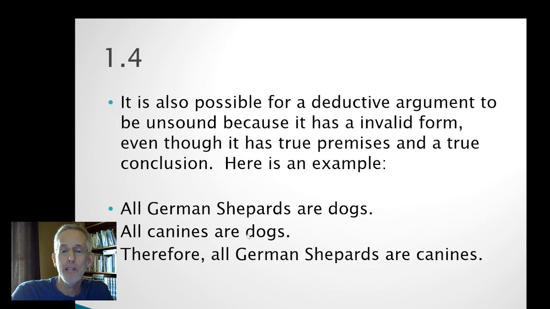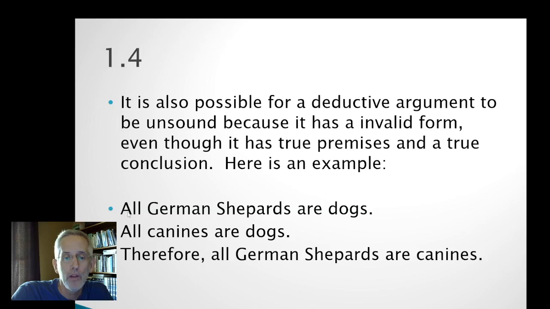So even though all the statements are true, there really isn't enough evidence up here in the premises to allow us to conclude that all German Shepherds are canines. And if you look at it, you can see it pretty easily. Just because German Shepherds belong to the class of things that are dogs, and just because canines belong to the class of things that are dogs, you still don't have enough information to conclude that German Shepherds and canines are the same thing. We happen to know that they are because of our experiences in the world, but if you were an alien just put on this planet,